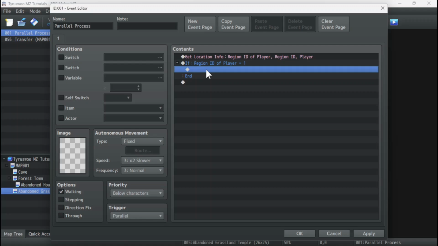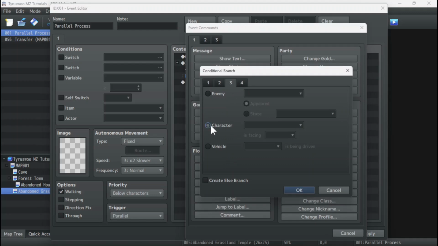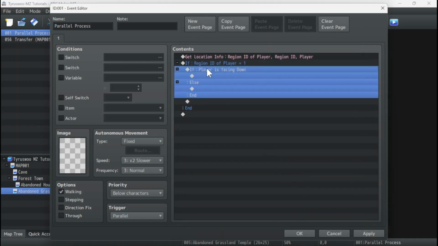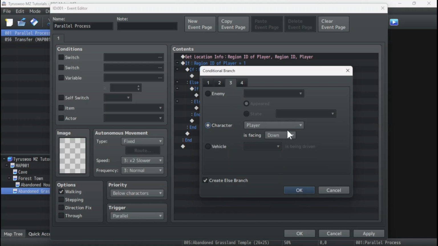Now, because we want it to be north, south, east, west, take the character to different locations, we need to make conditional branches for that as well. So we'll do new, we'll do conditional branch. We're going to go to character. The player is facing different directions. So we'll say down. If not down, then we want it to check if the player is facing a different direction. So we'll have if and else, and we'll copy that, put it in here, edit it,